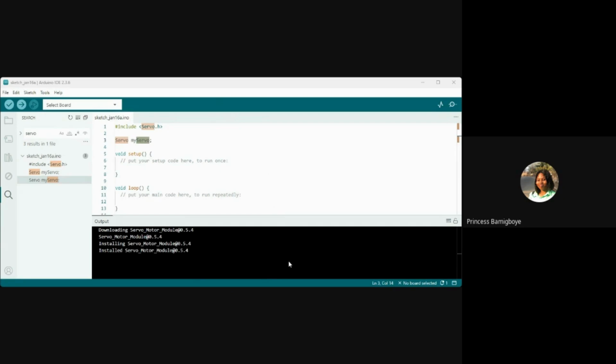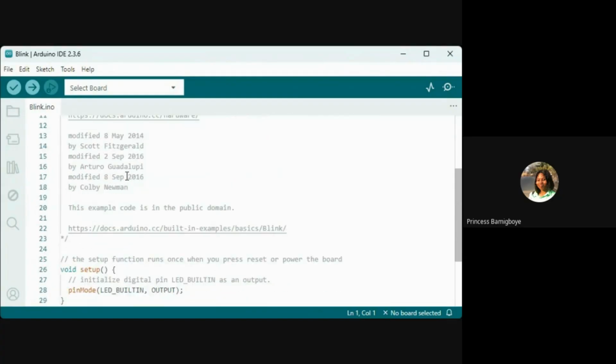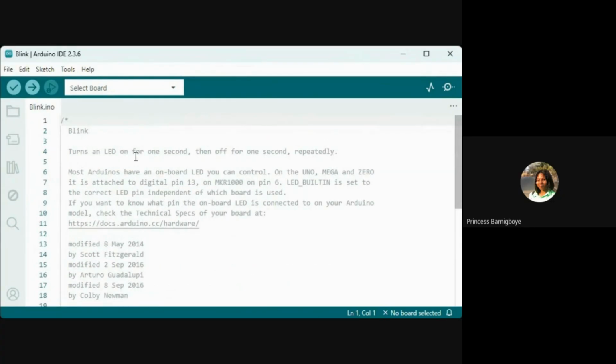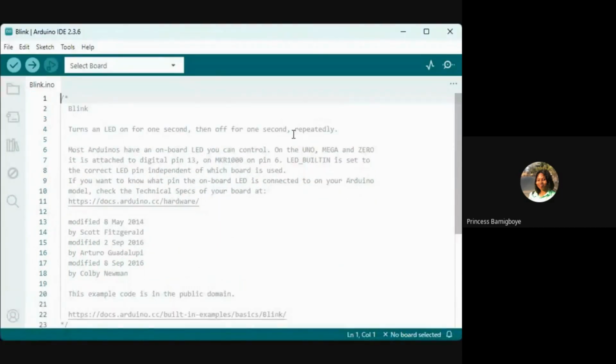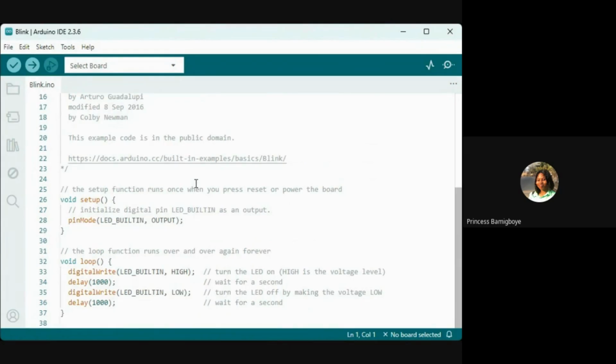So yeah, let me show you. This is the LED blink example code. So here you see it turns an LED on for 1 second, then off for another second. You see the example, delay, on for 1 second. When we're doing introduction to programming, I'll explain more about it, but this is it essentially. Example code for LED blink.